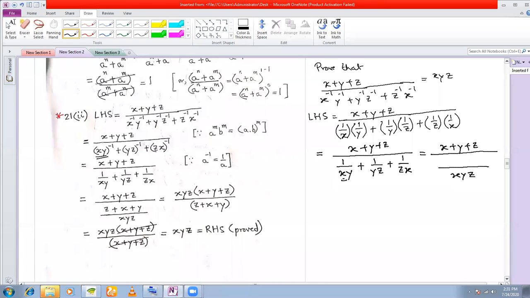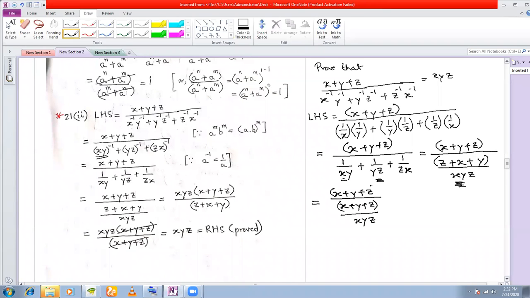So what is left here? If I have an xy here, dividing xyz by xy, I'm left with z. z into 1 is z, plus. Then next I have a yz here. I have xyz here. Divide xyz by yz. You simply get x. x into 1 is x, plus, and similarly you get y. You keep this within brackets. Always a good habit to keep algebraic expressions within brackets. So this is x plus y plus z divided by x plus y plus z divided by xyz.